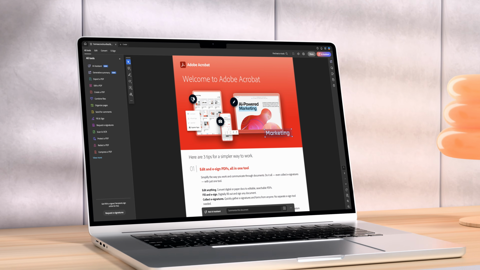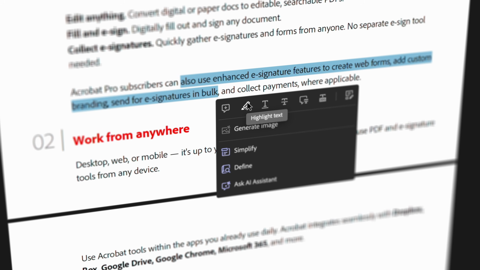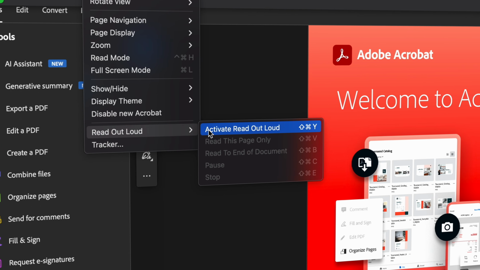It's a great PDF reader that has been around forever and works well on Windows, Mac, Android, and iOS. It lets you view PDFs, highlight text, add comments, and fill out forms with ease. There's even a read aloud feature which can be pretty useful. But if you need to edit text, add images, or convert files, you'll need the Acrobat Pro version, which costs